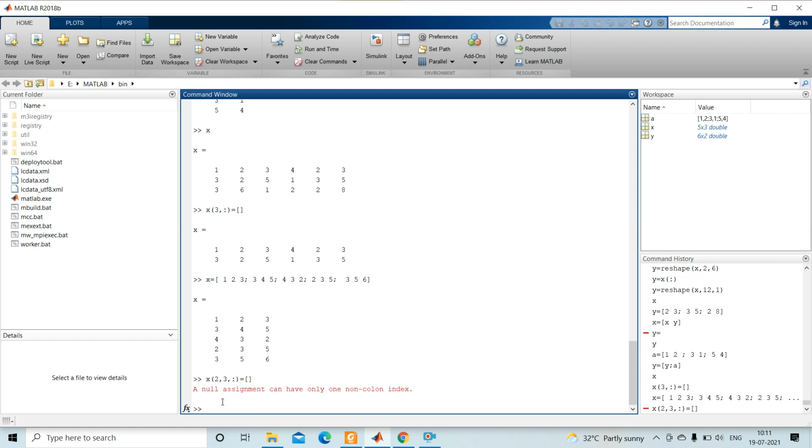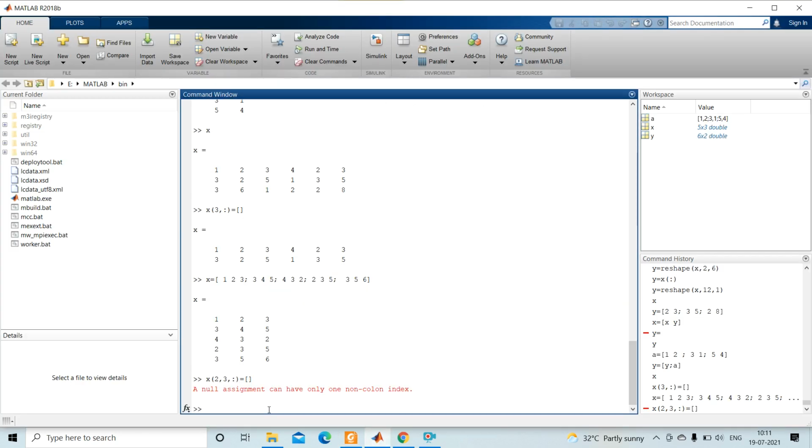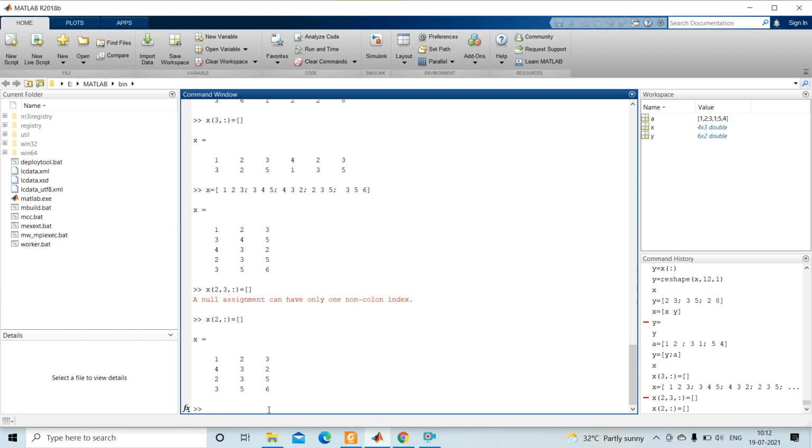So if I write like this 2, then it deletes the second row.